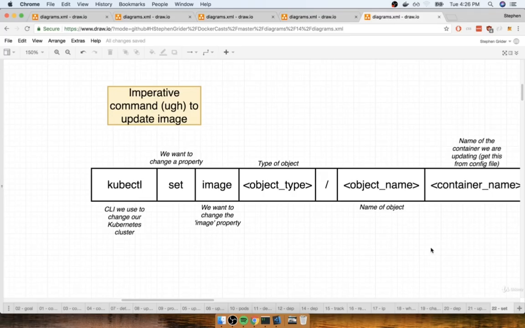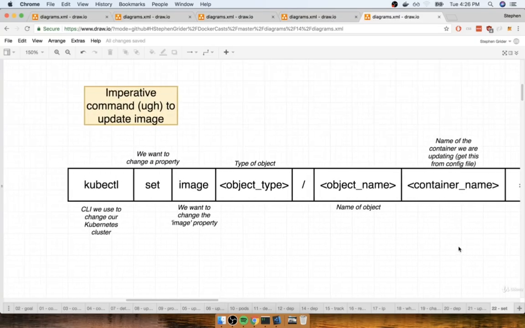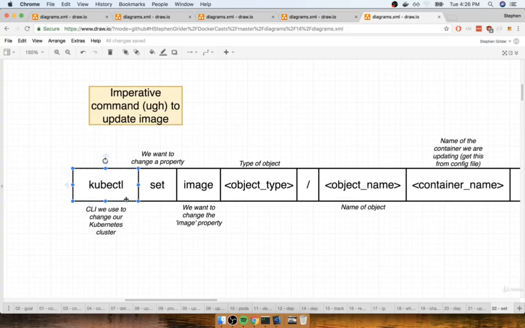I've got a quick diagram to tell you a little bit about what we're going to be writing out. All right, so here it is. Yes, it's rather long. So we're going to use kubectl, and we're going to use the set command. We use this